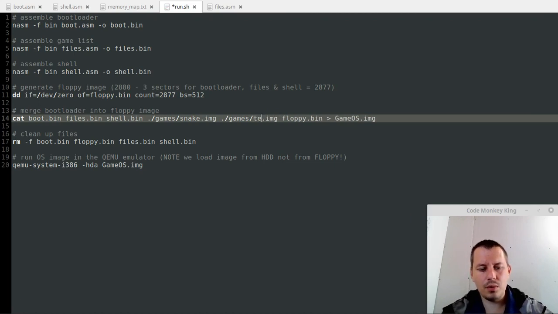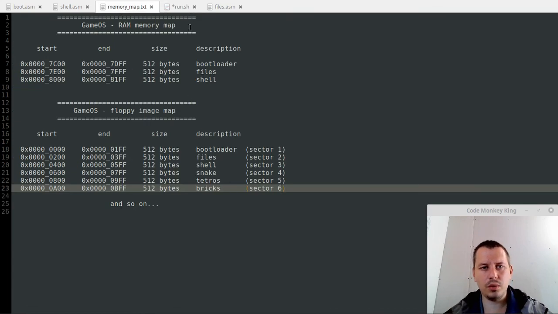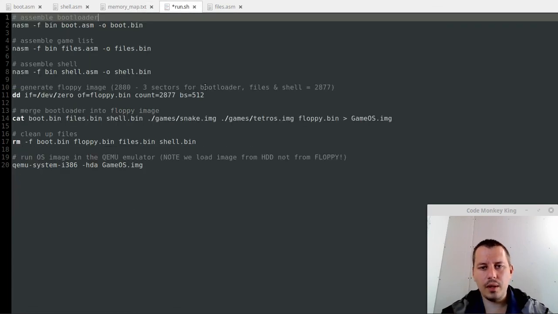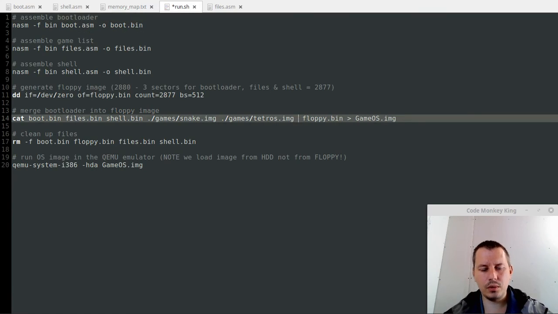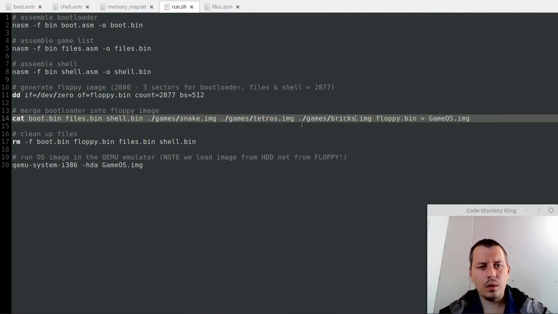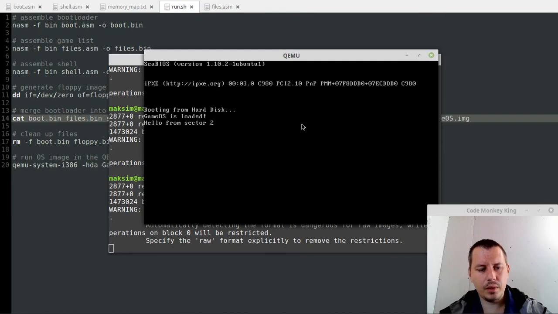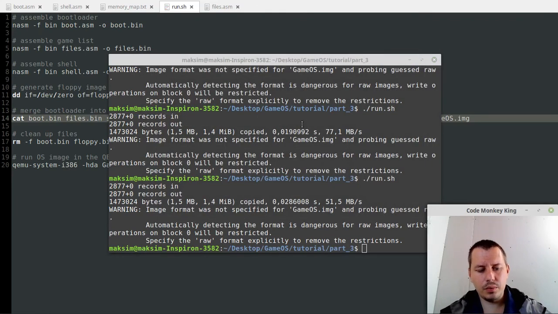Then the tetros, the order matters, should be exactly the same as here, just to avoid getting confused. And then the bricks. Okay. So let's compile it, run, and I just want to inspect